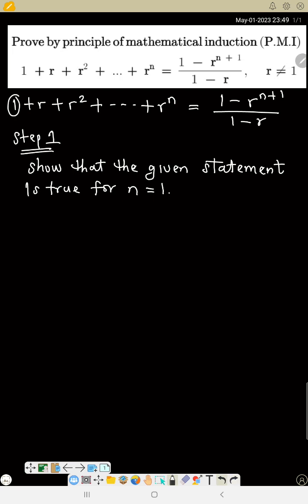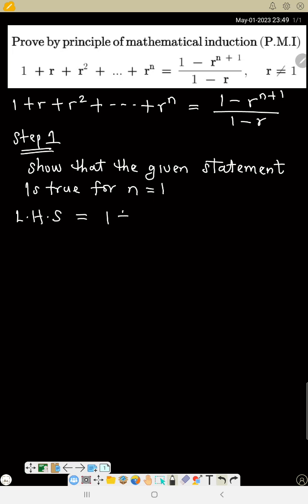The combination of first and second is when n is 1 for this series. So to test if the statement is true for n is 1, I will consider these two together, because the first place is just n equals to 0. So now left hand side